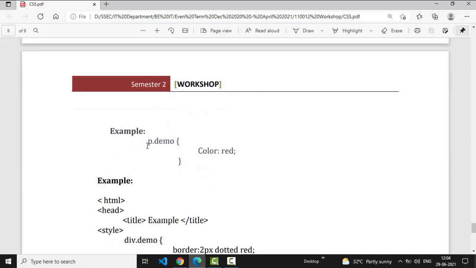Just forget about the P. If you write dot demo, then you put the property and its value, that is color is equal to red. Now this is the class, and if you want to apply the same class to different tags of HTML, then you have to write the tag name, then dot class name, like this. So that will be applied to all the elements that you have put.